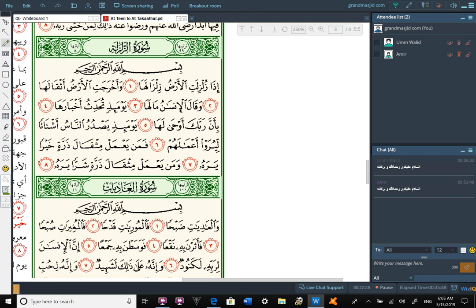فَمَنْ يَعْمَلْ مِثْقَالَ ذَرَّةٍ خَيْرًا يَرَى. فَمَنْ, so whoever. Fa is a harf istinafiya, right? A particle showing something continuing. Man here is your mubtada. It is marfu'. So whoever,